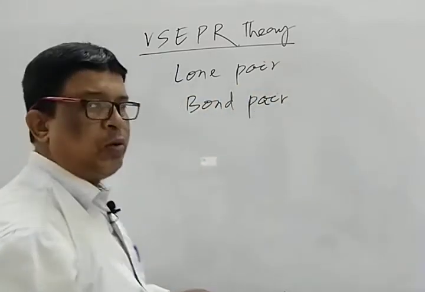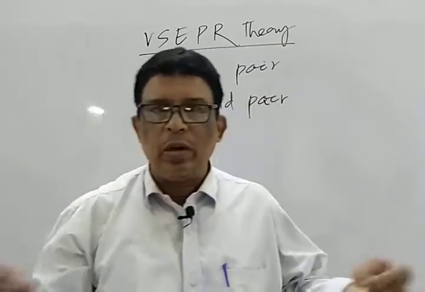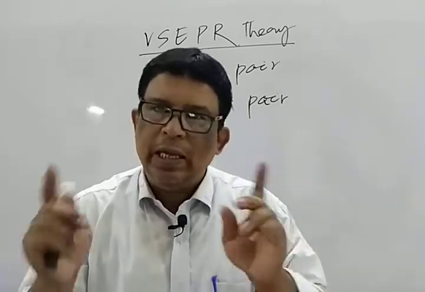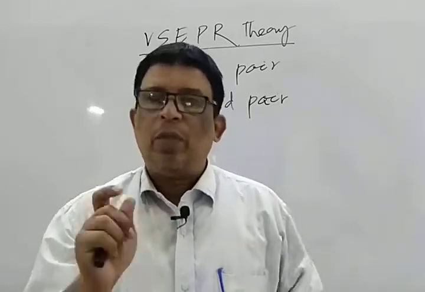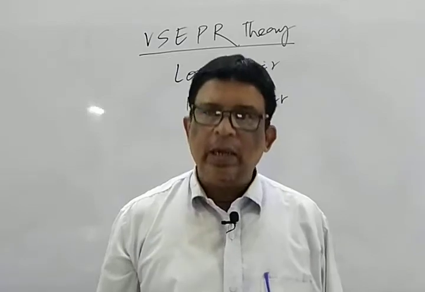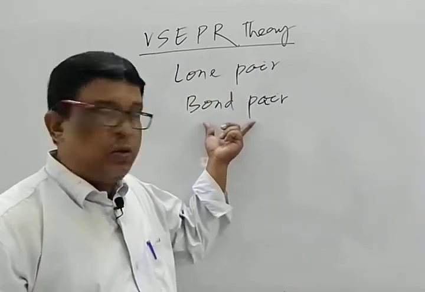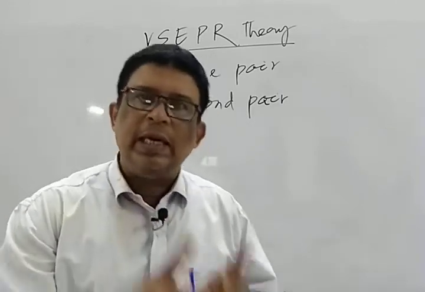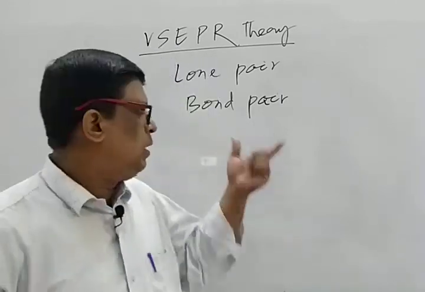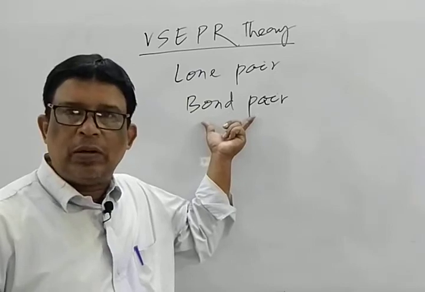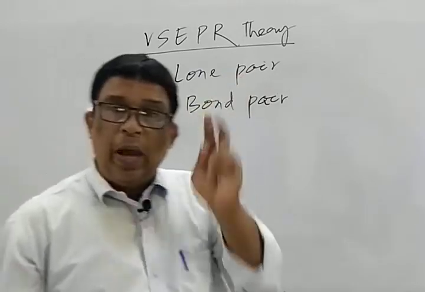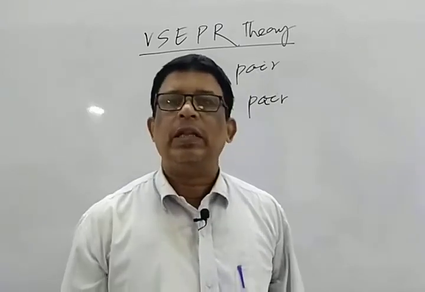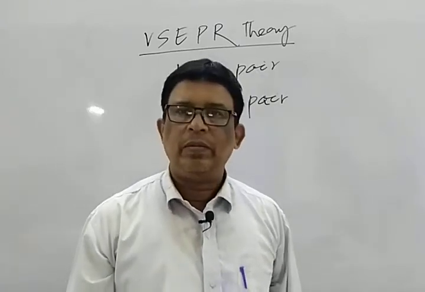We know that during the formation of a covalent bond there is sharing of electrons. When two electrons are shared, each atom contributing one to form a bond, that pair is known as a bond pair. The electron pairing that takes place during bonding is the bond pair electron. But the electron pair that exists before bonding is known as a lone pair.